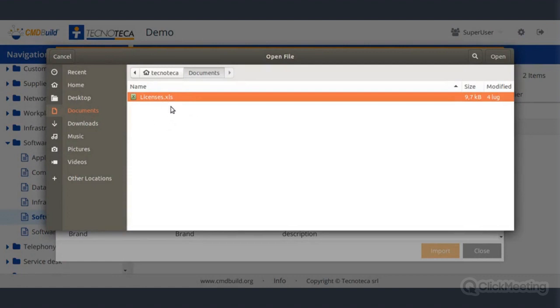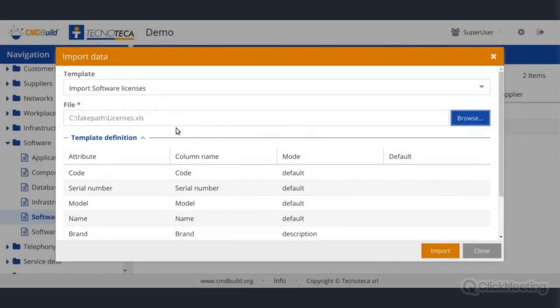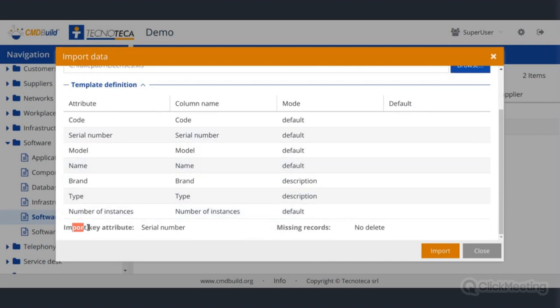This is the data I have, which are saved into an XLS file, so it is an Excel file, of course. And here you have the template definition. Before uploading the data, just to make sure that the tool will properly read the data, you have the template definition right here. You have the import key attribute, so the serial number will be the key attribute for the importing, and the no delete option is what the tool will do in case of missing records. So in this case, if there's a missing record,